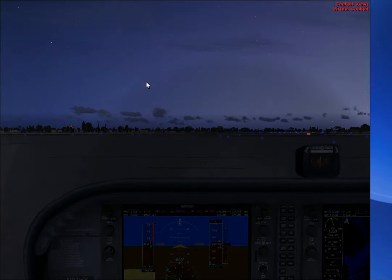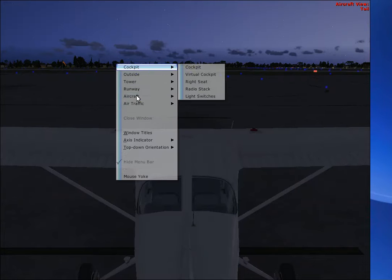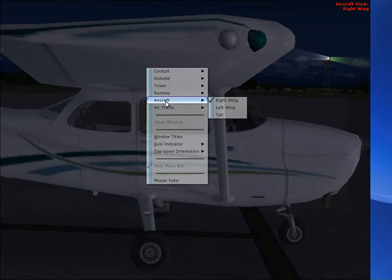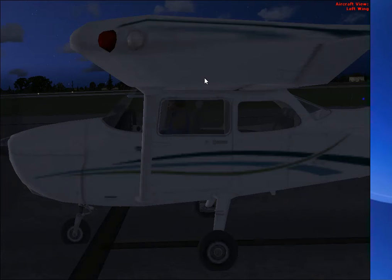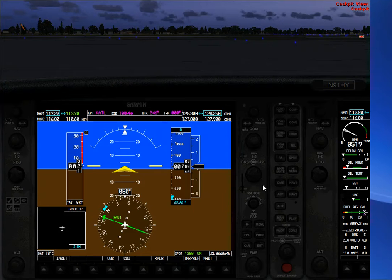So here we are at Anderson Regional in South Carolina. If you remember, the sun was just about to come up in the opposite direction. That's the control tower. And we are ready to head out. So let's take a moment to...